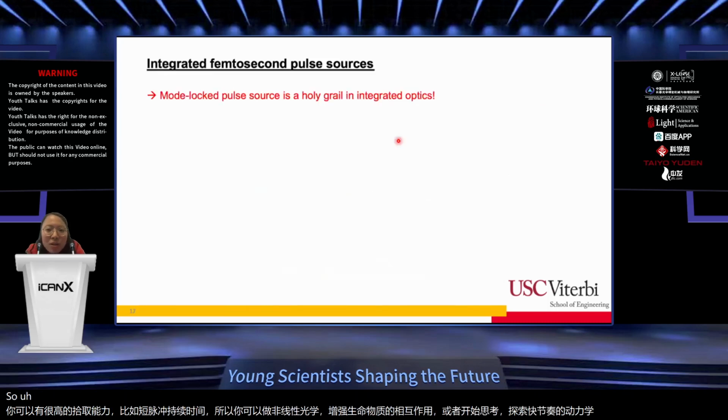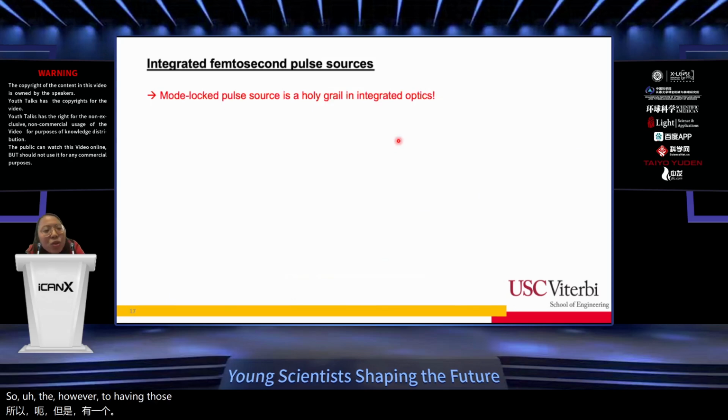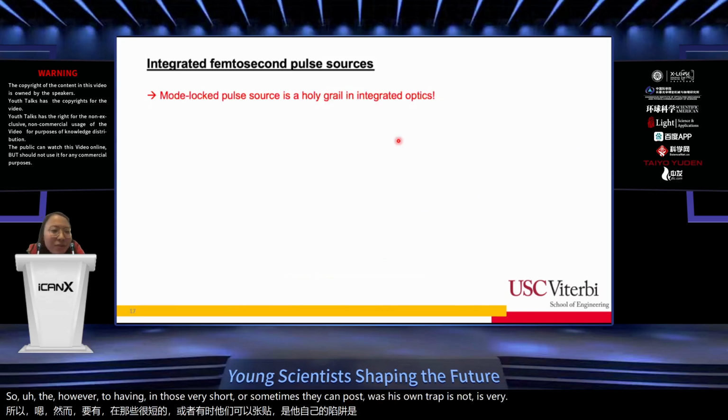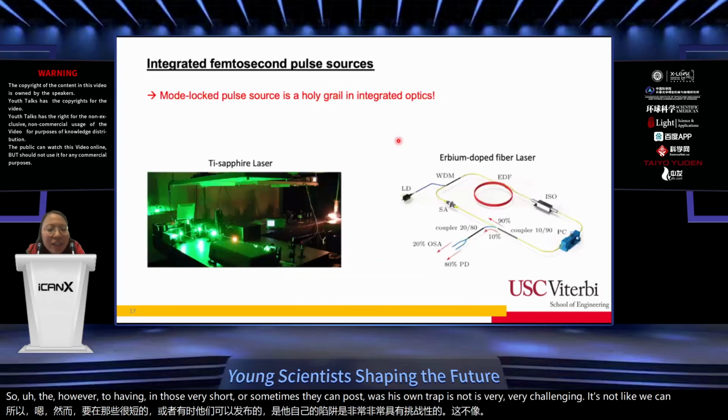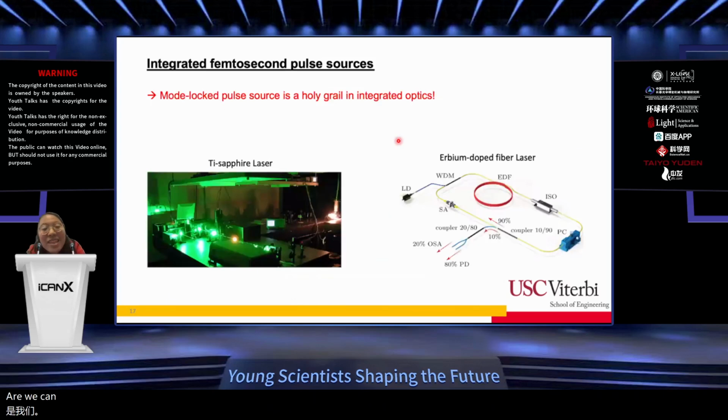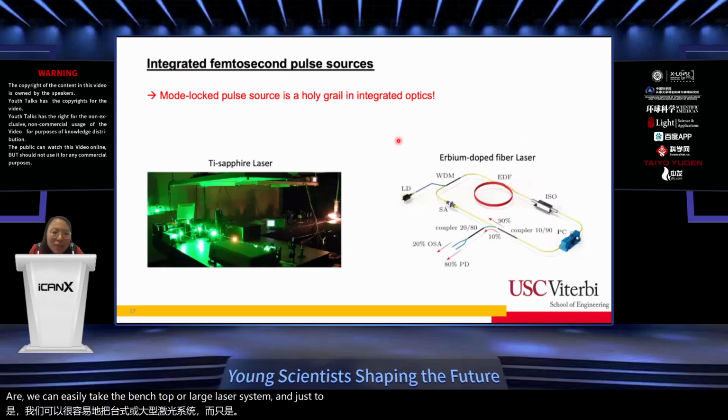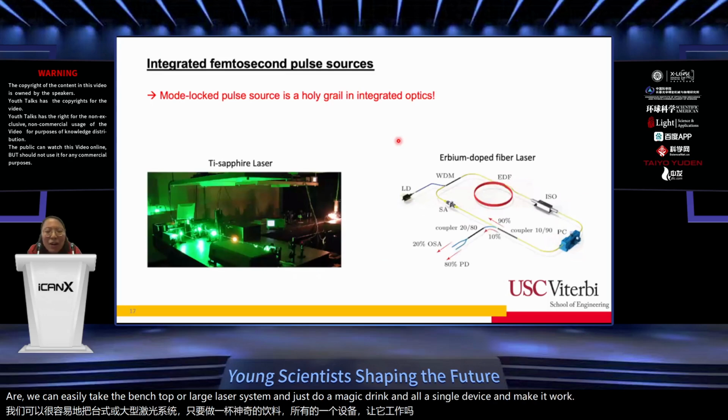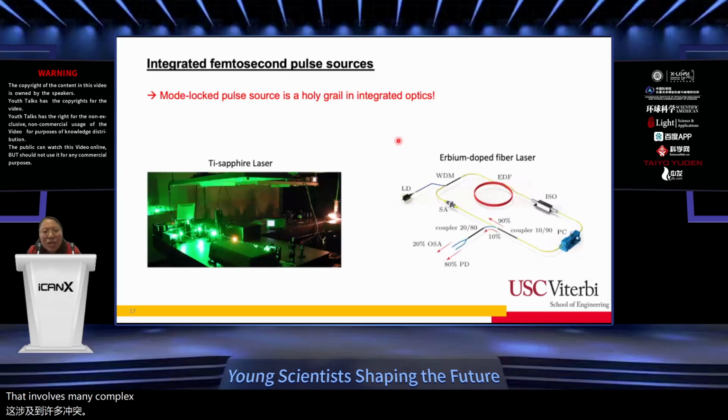However, having those very short, femtosecond pulse sources on chip is very, very challenging. It's not like we can easily take the benchtop or the large laser system, do a magic shrink onto a single device, and make it work. That involves many complex material integrations and